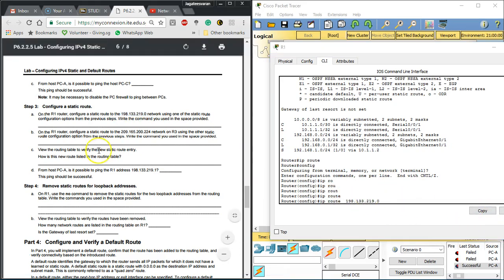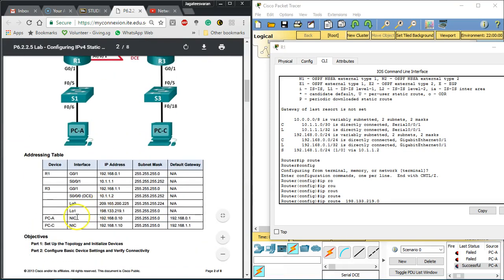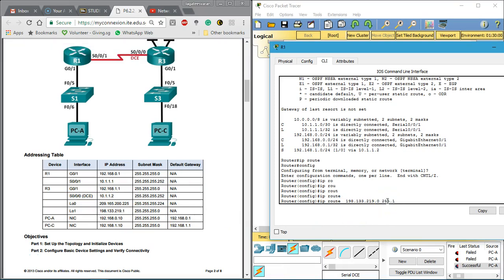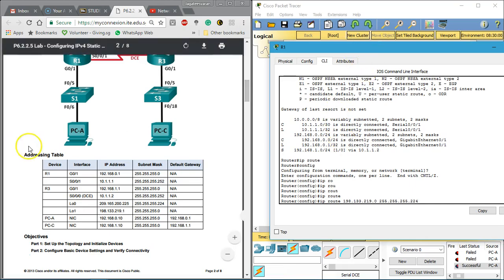For the subnet mask, I need to go check again. So it's 255.255.255.224. From R1 to R2, we can use the